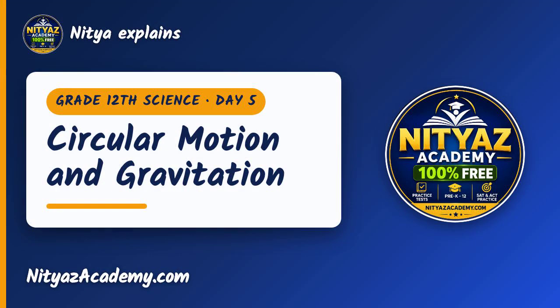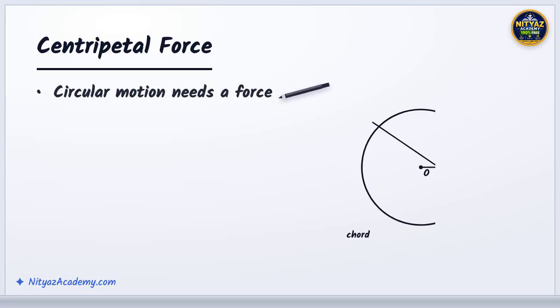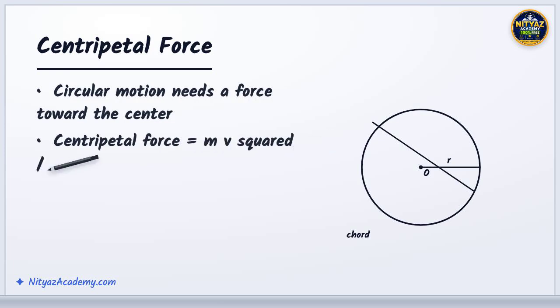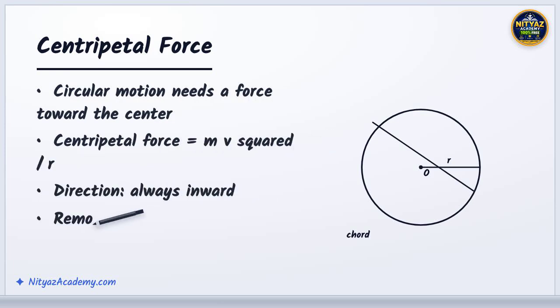Let's learn circular motion and gravitation together, step by step. Anything moving in a circle is constantly changing direction, which means it's accelerating, even at steady speed. That requires a force pointing toward the center, called the centripetal force. Its size is mass times velocity squared, divided by the radius. It always points inward. The moment that inward force disappears, the object stops curving and flies off in a straight